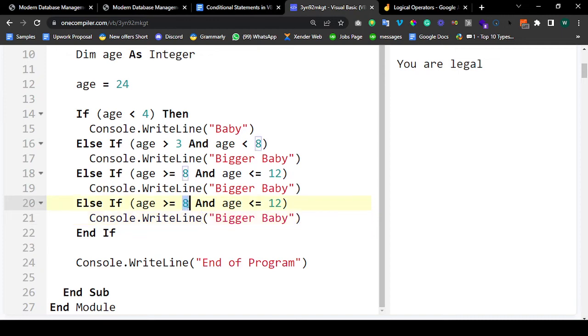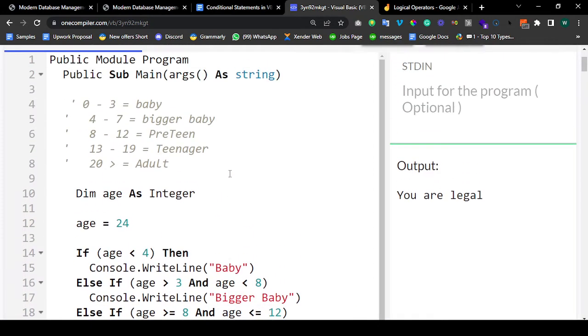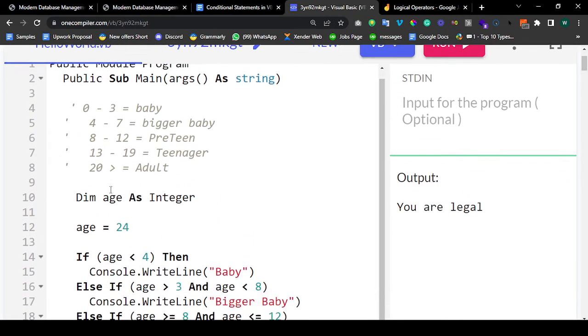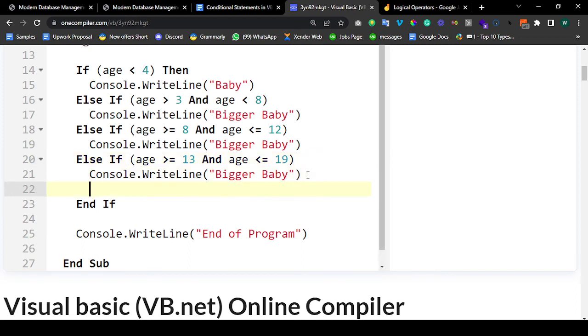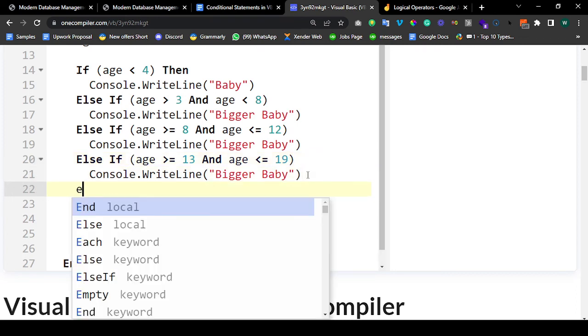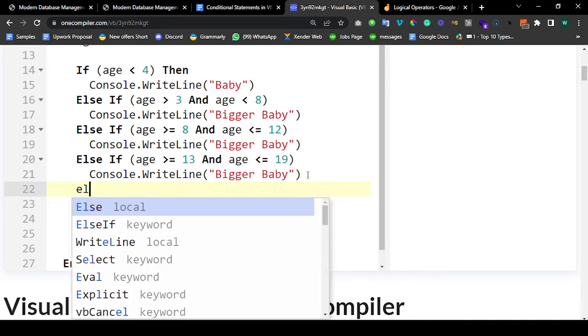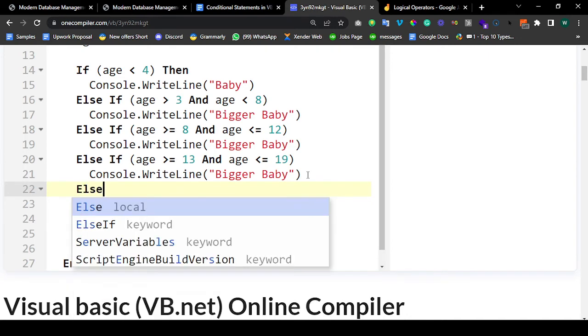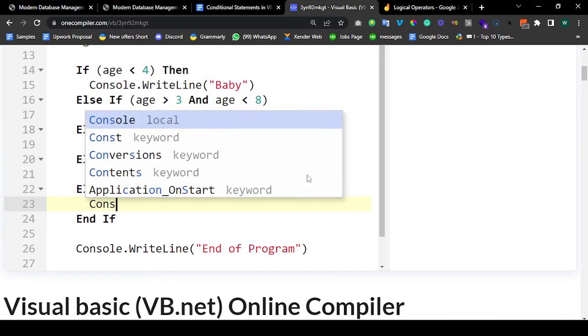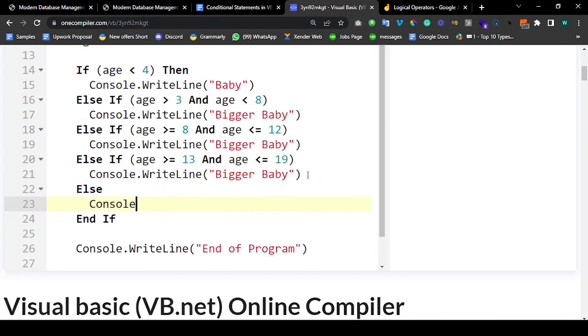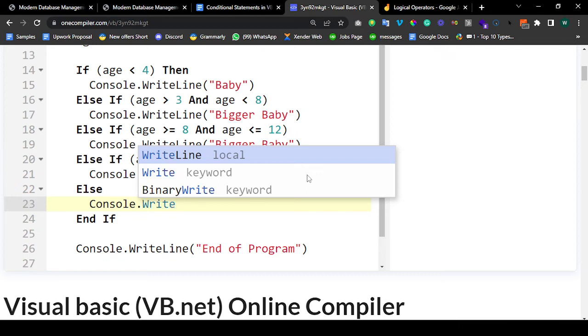If it is greater than or equals to 13, less than or equals to 19. So now else. Console dot write line